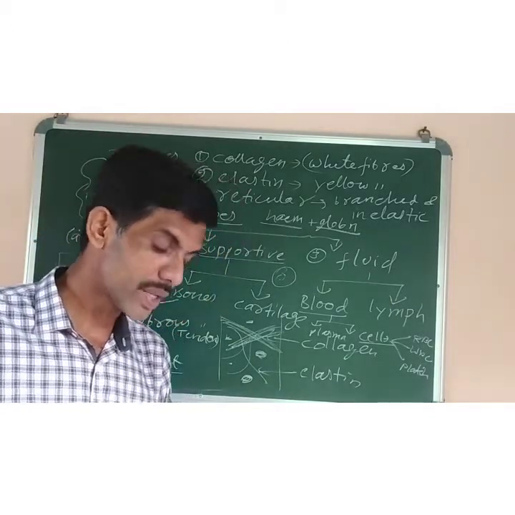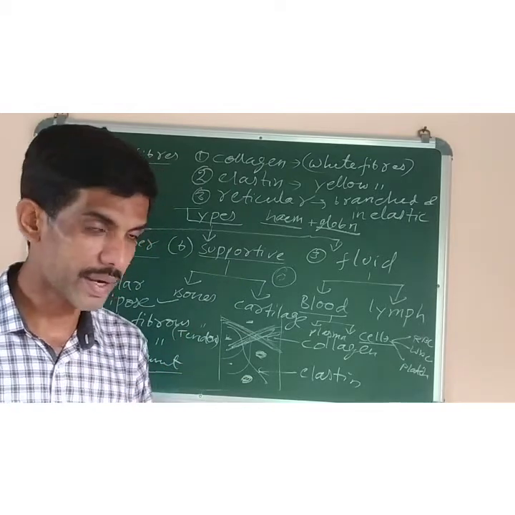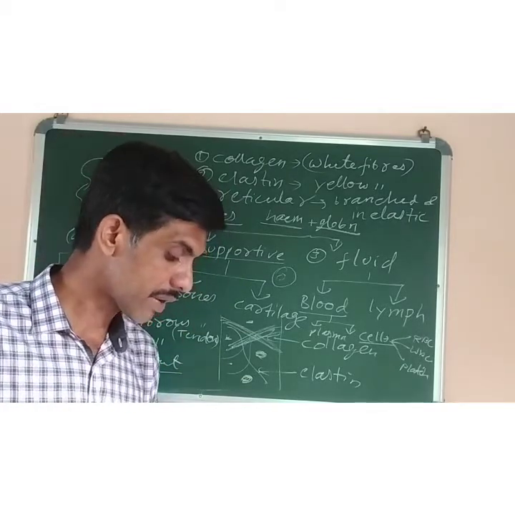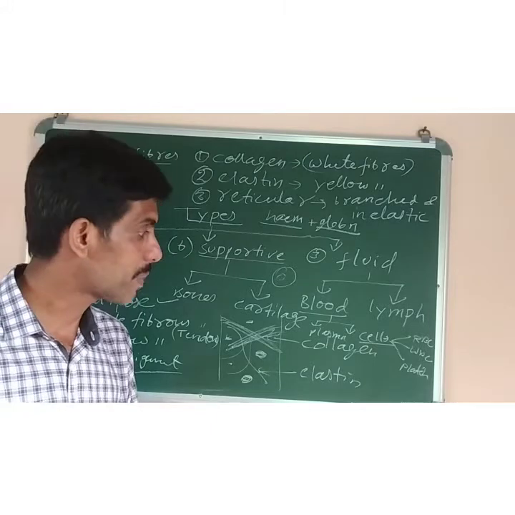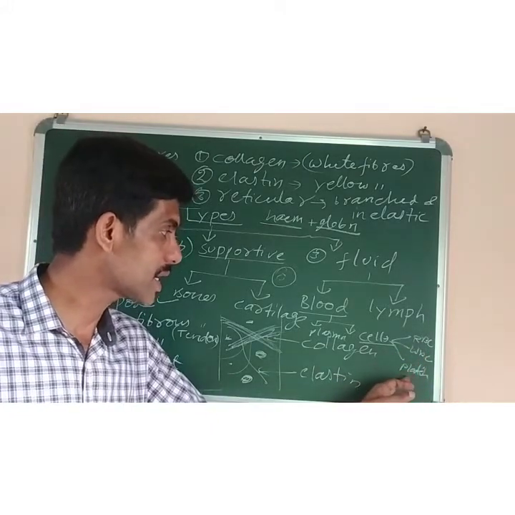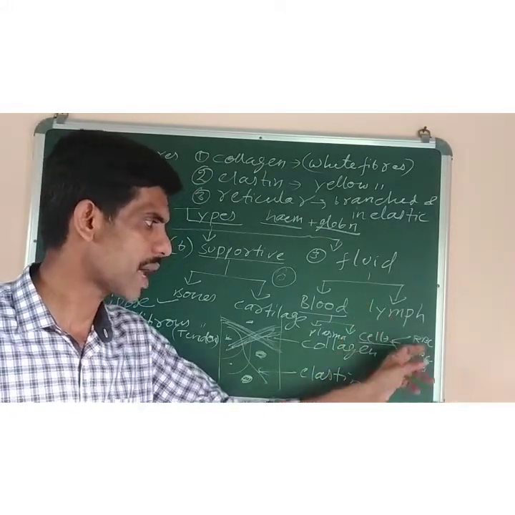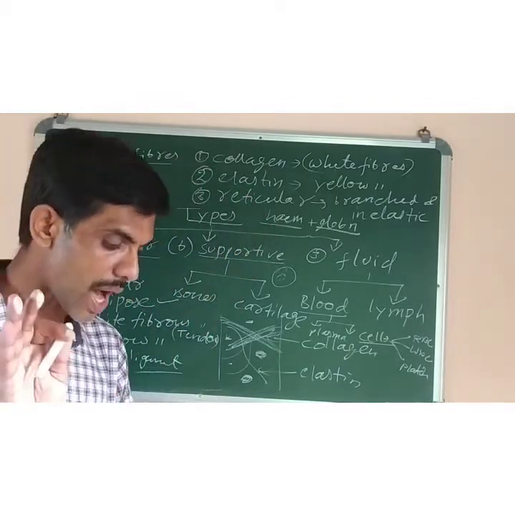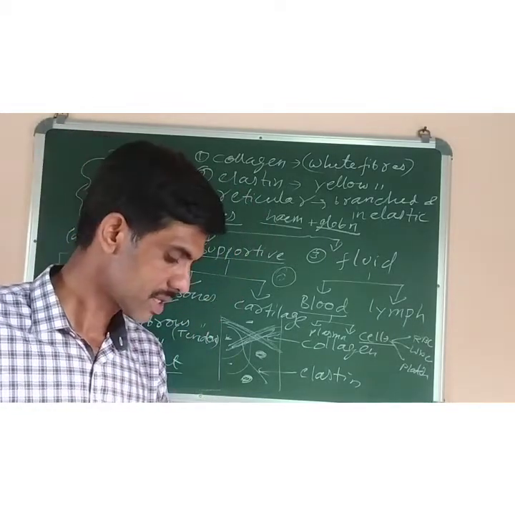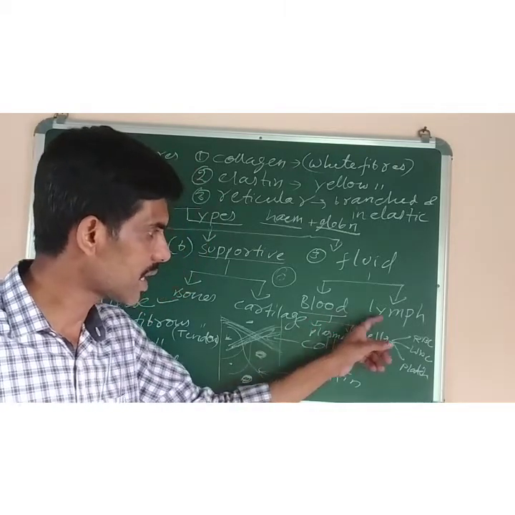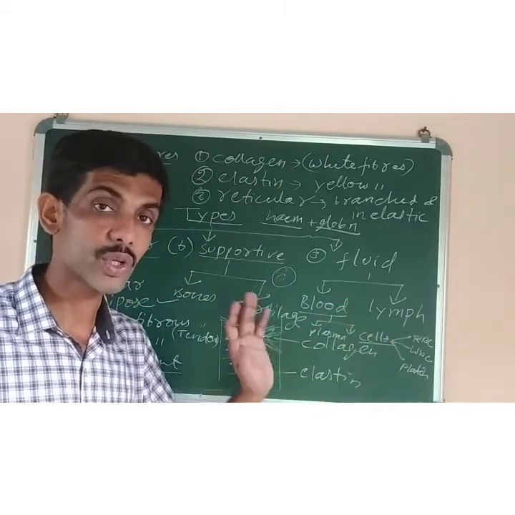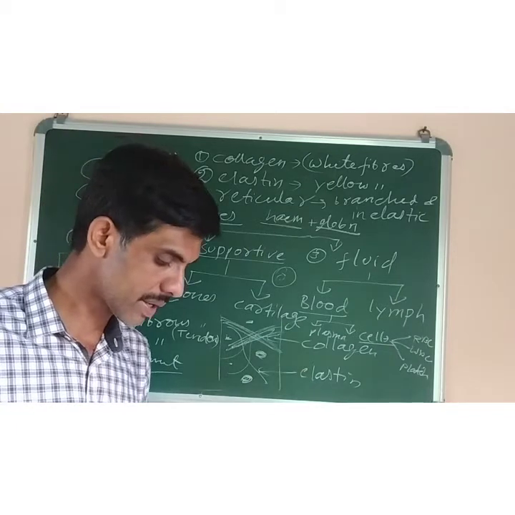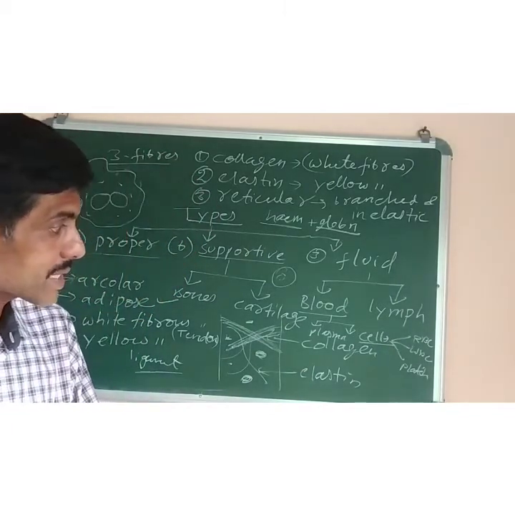Okay. Now next, what is the difference between blood and lymph? The tabular differences you can learn. Like first one, blood contains blood plasma, RBC, WBC, platelets, but lymph does not contain RBC. Lymph contains only leukocytes, no RBC and no platelets. Second point, blood is red in color, lymph is not red in color, it is straw color, that is yellowish color. Okay, it is colorless because hemoglobin is absent.